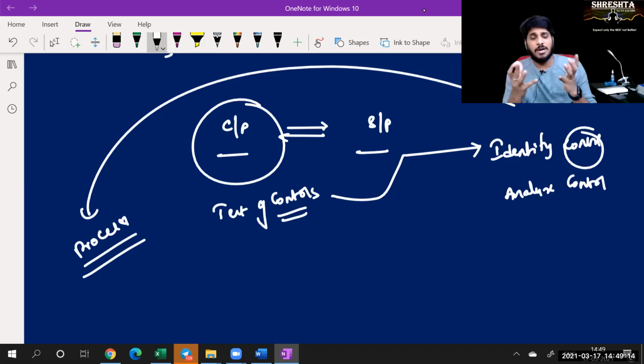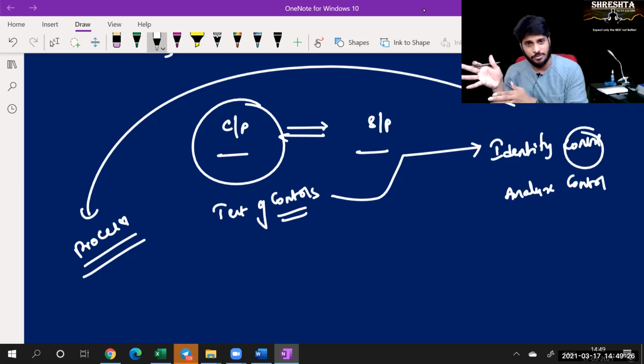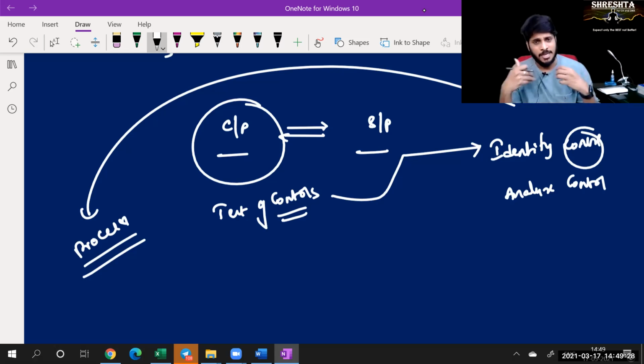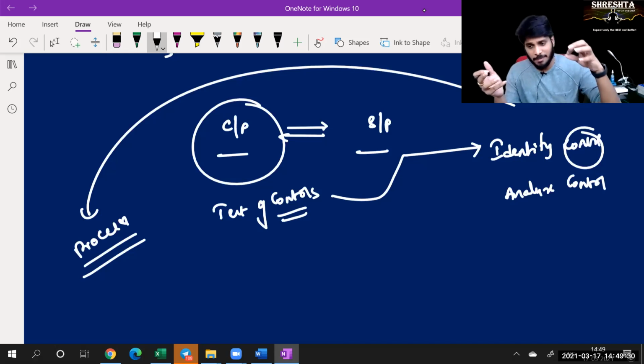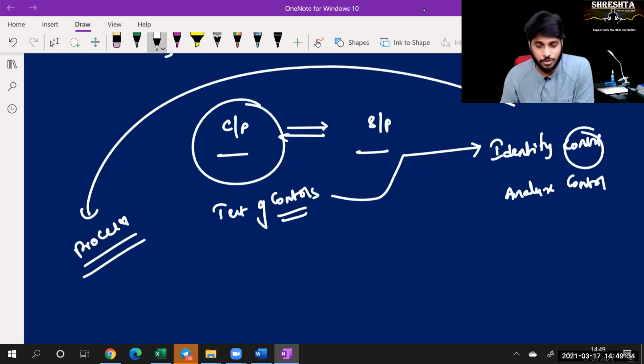Suppose you are going to D-Mart or Big Bazaar. What is the control there? You take whatever goods you want into the trolley and come to the billing counter, where each and every item is taken out, billed, and only then given back to you. It's a control, it's a process. Any process followed by the management, we call a control.